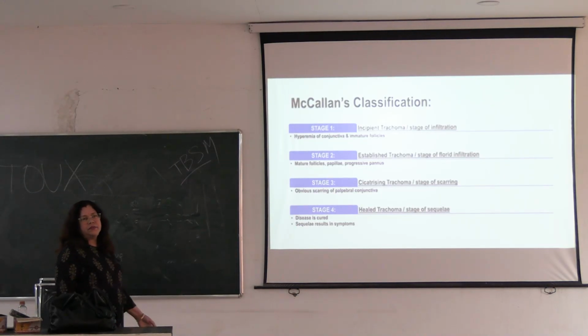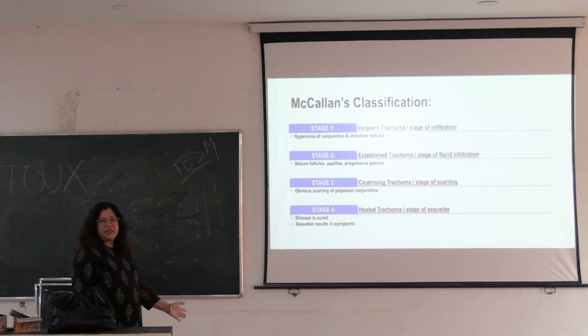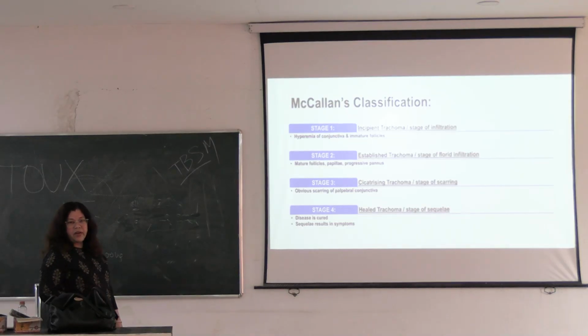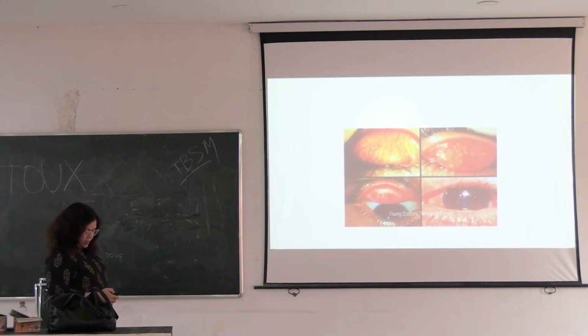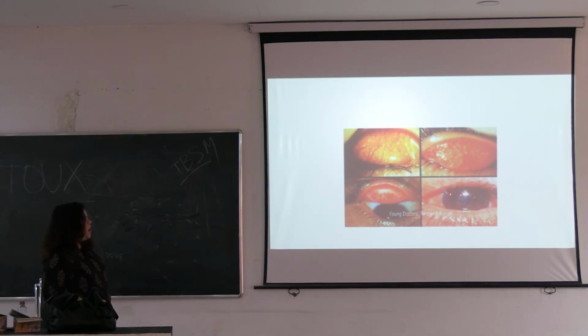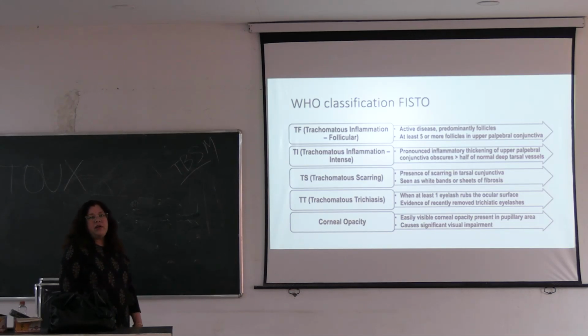Sequelae are present like trichiasis, symblepharon or entropion. These are the sequelae, or corneal opacity. So these are scarring, these are follicles, and these are hypertrophied papillae, and here misdirected eyelashes, that is called trichiasis, and here the cornea is involved, superficial keratitis. Then according to the WHO